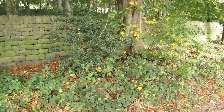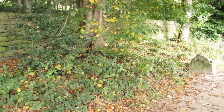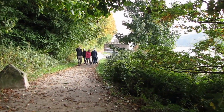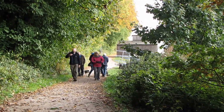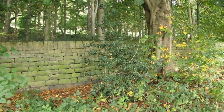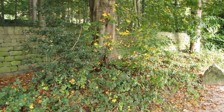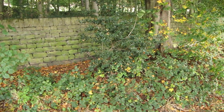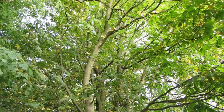Right, I'm just a little bit further on from my last video. You can see the part of the sailing club there. I'm underneath this big horse chestnut, and you can see there's virtually no competition for food and resources any close by. There's a small holly bush there, but